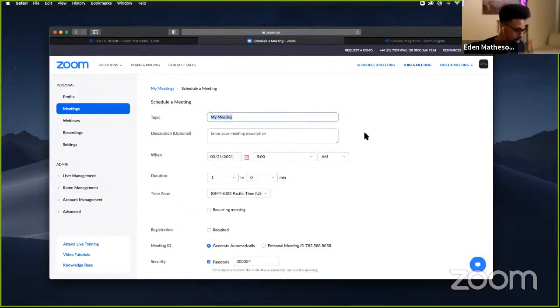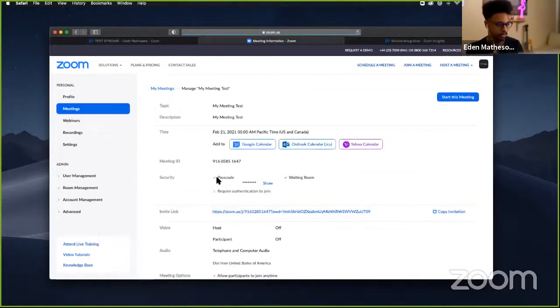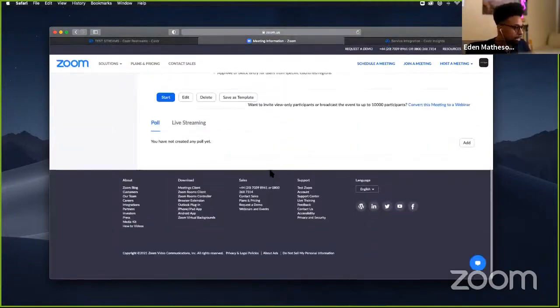Let's just call this my meeting test. A description is optional, but I'm going to put that there. And you want to save the meeting. You can go through all the settings if you'd like. There's a lot of settings to customize it, but once you've done that, if you scroll down